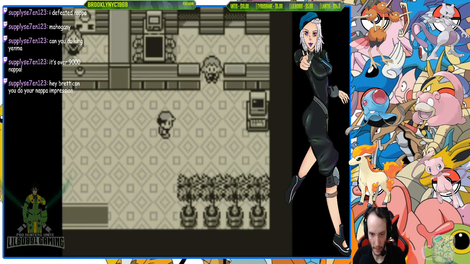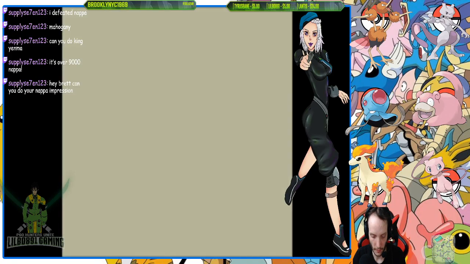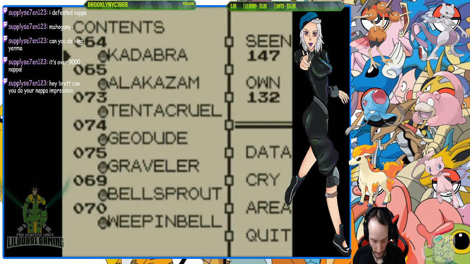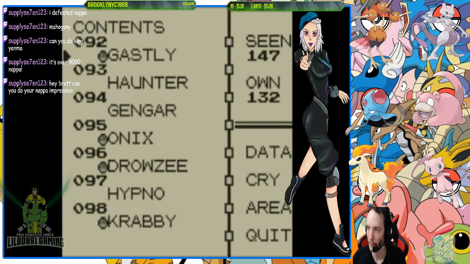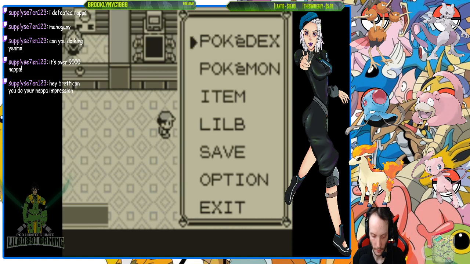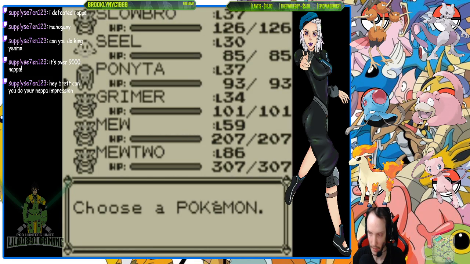Alright, so we gotta deposit Slowbro. Hold up, what? Is there a reason why Tentacool is in here? Is my layout not... What is going on?